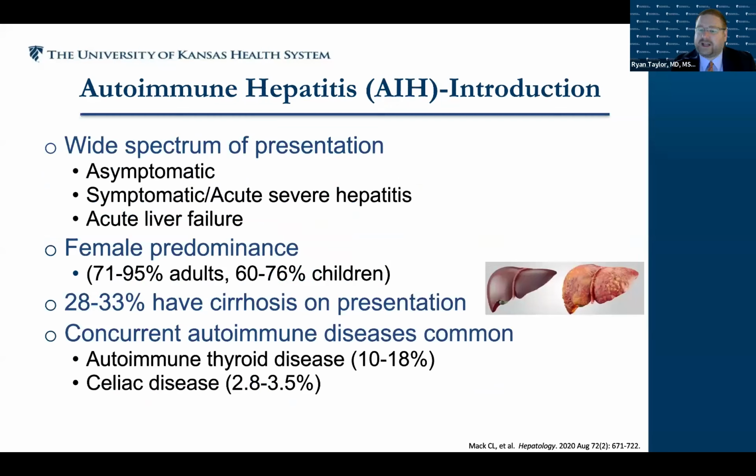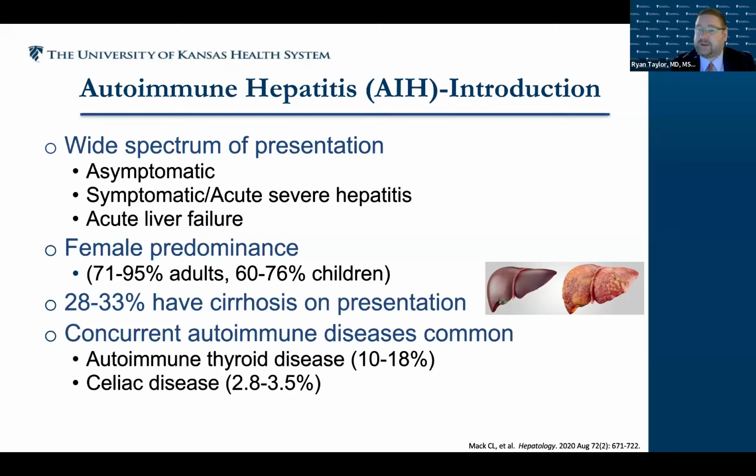So I'm going to switch gears now and talk about autoimmune hepatitis for the remaining portion of the talk. Autoimmune hepatitis is a fascinating disease as well. What's really unique about autoimmune hepatitis is it can have a very wide spectrum of disease. Many of these patients can be asymptomatic and have no symptoms or features of the disease until they get routine blood tests as part of a work physical or a routine health maintenance assessment, and then their liver tests are elevated and starts the process of evaluation.